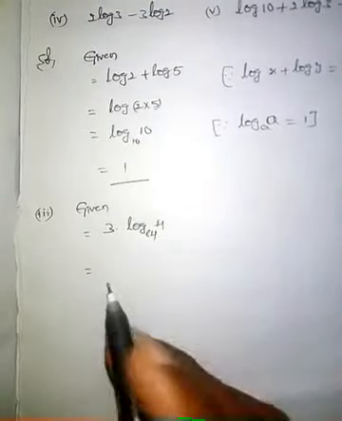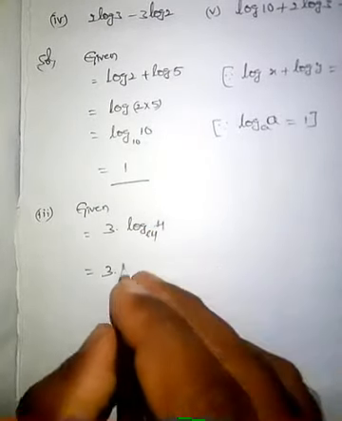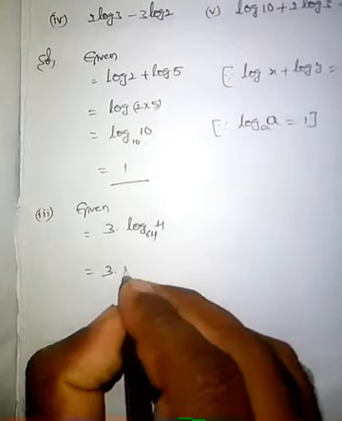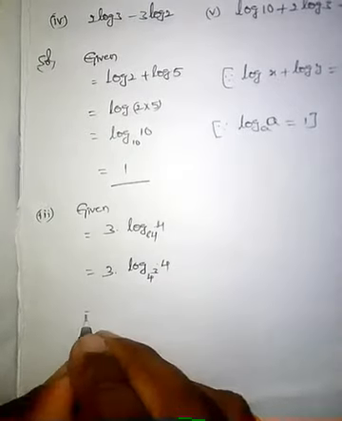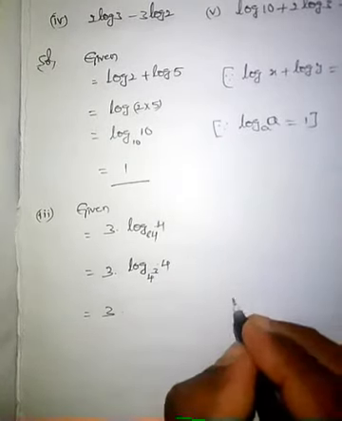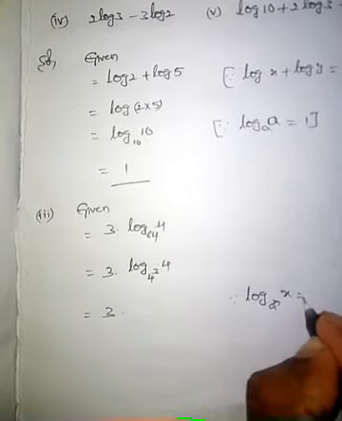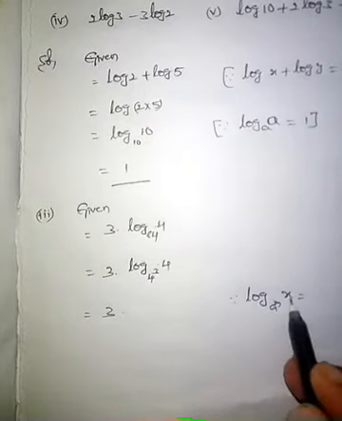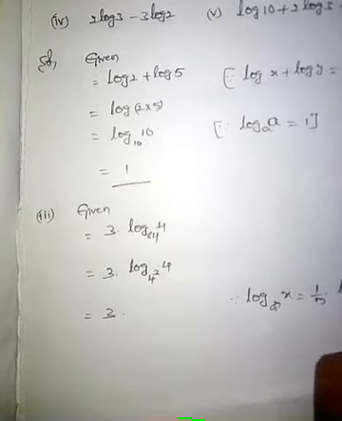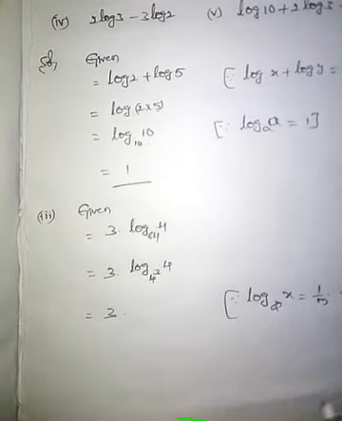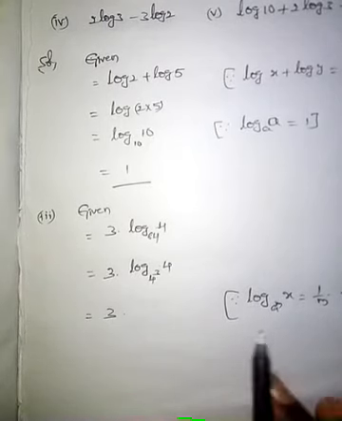Okay. So that is 3 into, children, you can write 64 as 4 cube, that is log 4 to the base 4 cube. Now this is in the form of log x to the base a power m. Then you can write it as 1 by m into log x to the base a. So this is another law of logarithm. So you have to learn this one also by heart.